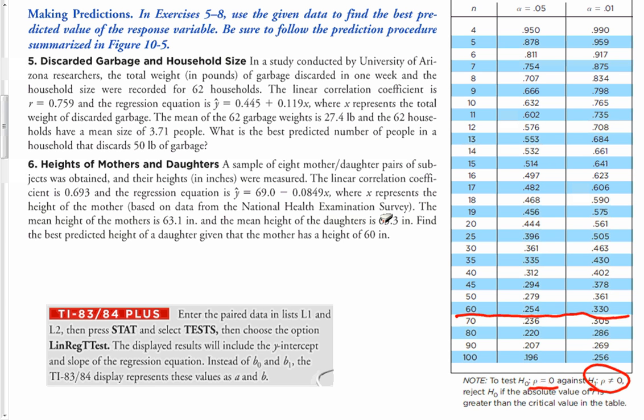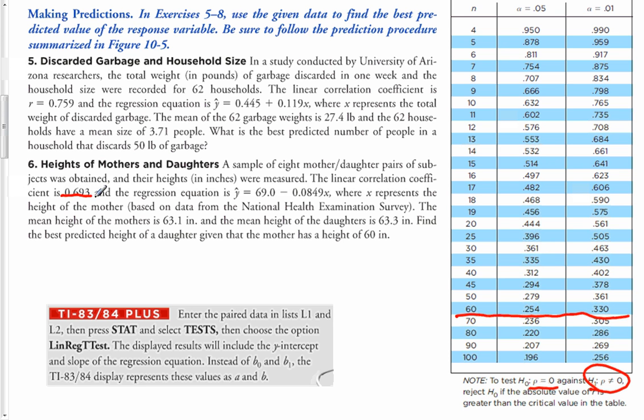So we're using the mother's height to try to predict the height of the daughter. The mean height of the mothers is 63.1 inches, and the mean height of the daughters is 63.3 inches. So 63.1 would be x bar, that would be the average x. And 63.3 would be y bar, that would be the average y value. Okay, so find the best predicted height for the daughters. All right, well, we have here our